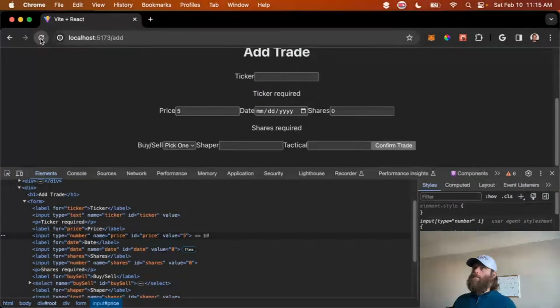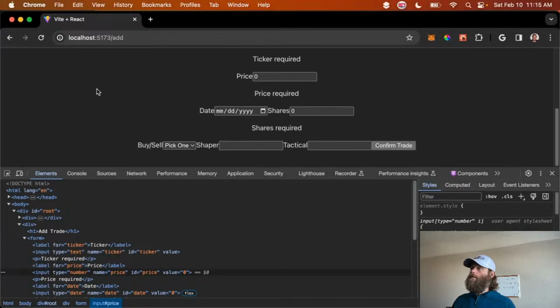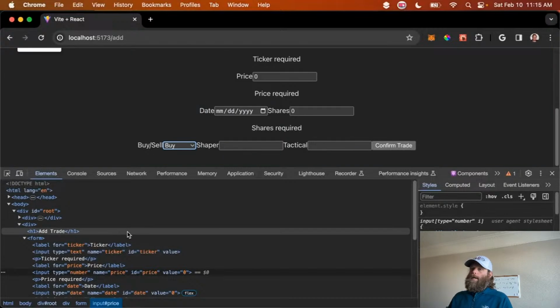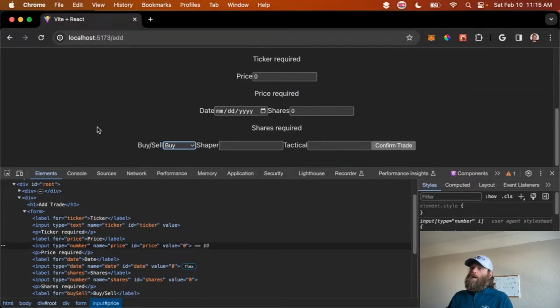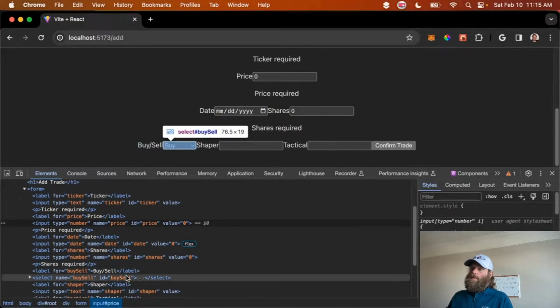Okay, so let's say here I only allow someone to put buy or sell. Great. And I can have an error thing here saying if it's not buy or sell, you pick one, right? Great. But before I submit, I could easily go in here and say,